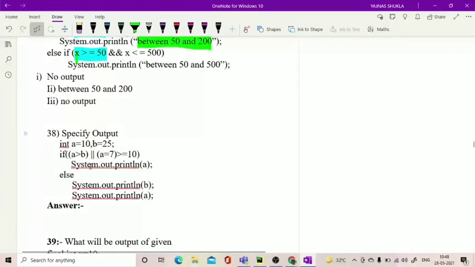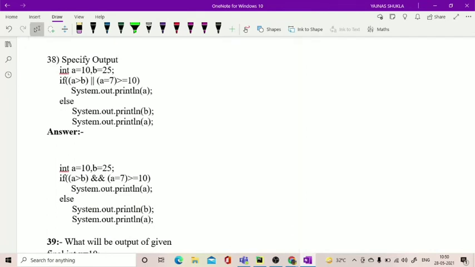Now guys, this one. Look, the value of A is 10, B is 25. 10 is greater than 25 is false. When this condition is false, but as we have used this OR operator, it will go for the second condition, and before doing anything, it will set the value of A as 7.